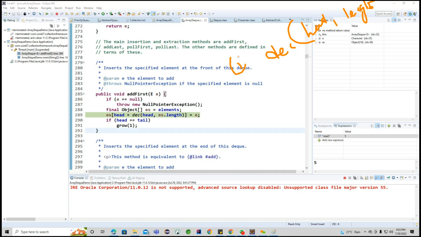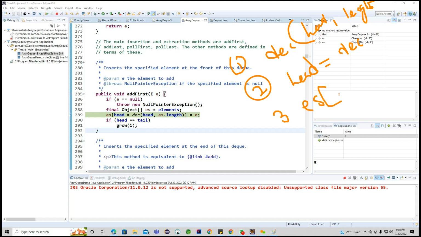Okay, this is the first operation. And the second one, whatever value we get in this descending, we will insert into the head. We are trying to insert into the head. So this is the DEC, whatever the value we get, we are initializing into this particular head. And the third one, now what I'm doing is, using this,